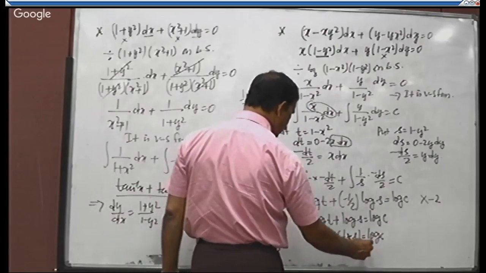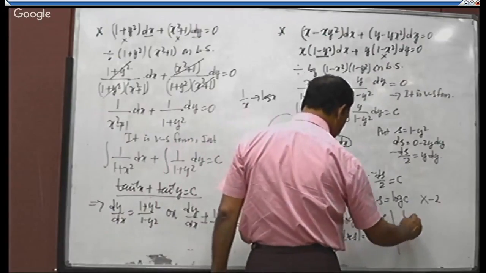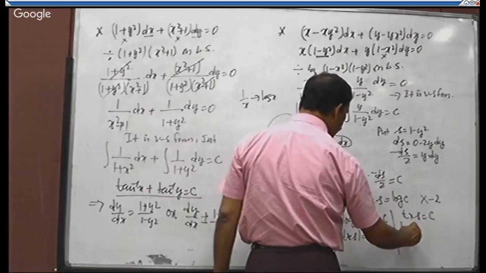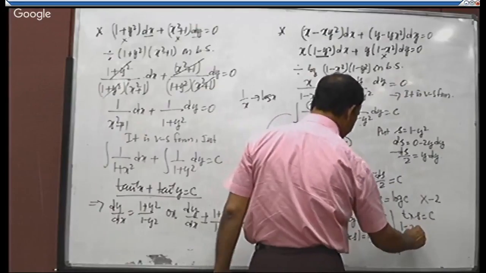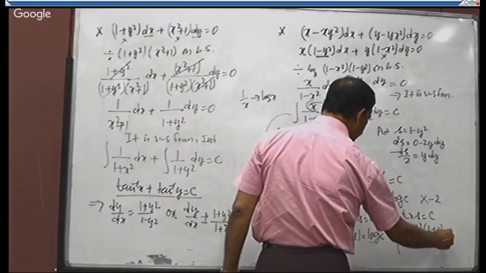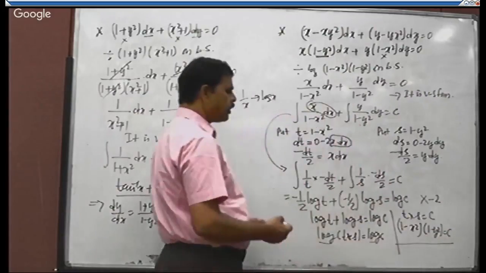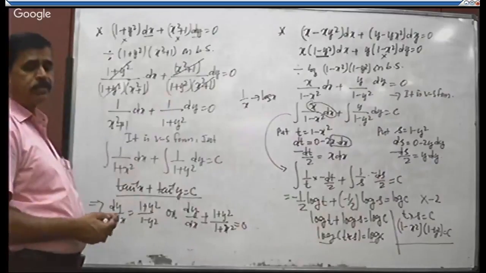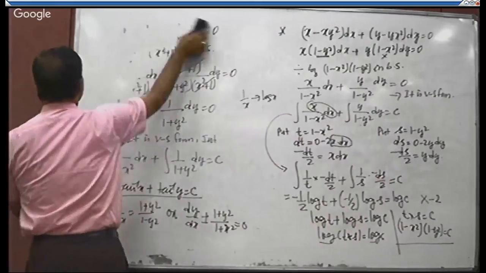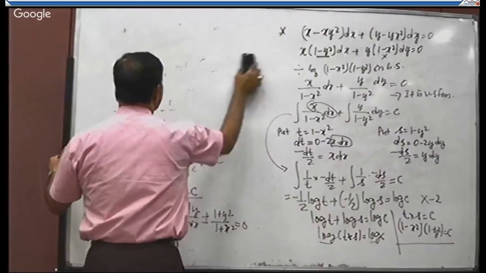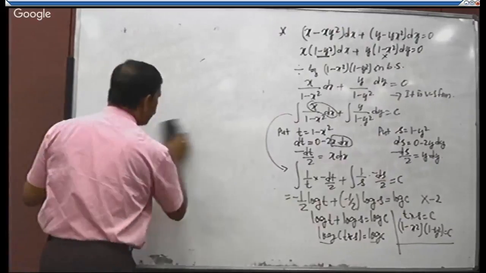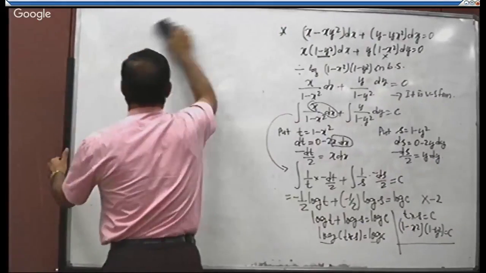Or taking anti-log on both sides, it becomes t into s is equal to c. What is t? 1 minus x square. What is s? 1 minus y square is equal to c. So like that we can solve by substitution method, right? So these are the problems related to variable separable form. Okay. Then let us move to another